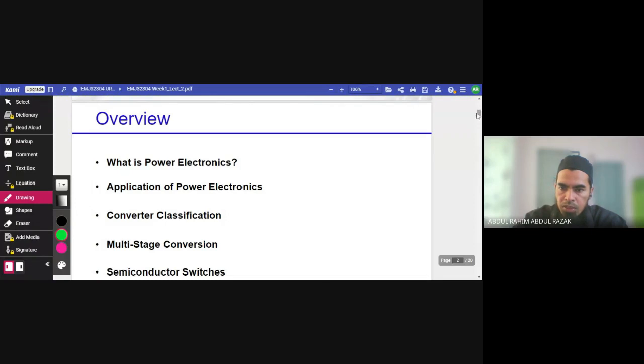Okay, what is power electronics? When we learn power electronics, we are talking about power converters actually. Power converters which convert from one set of